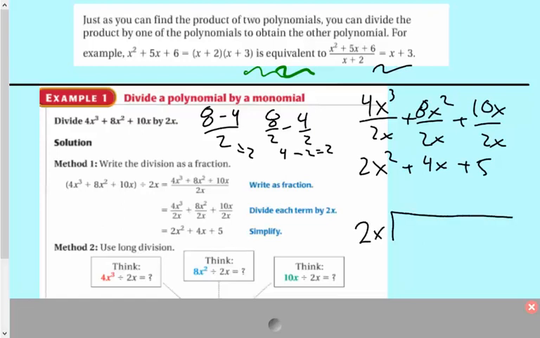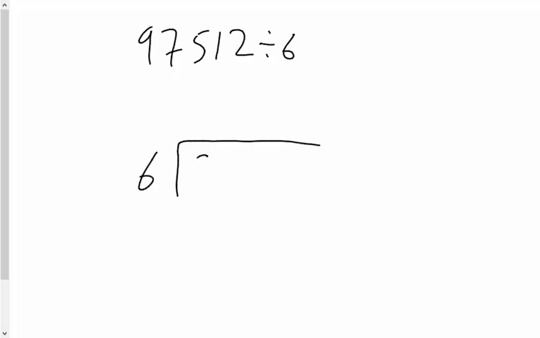I should start maybe with a long division problem. But long division looks like this. Let's say you have like 997,512, and you got to divide it by, say, 6. All right, so what you did a long time ago, we haven't done this in a while,